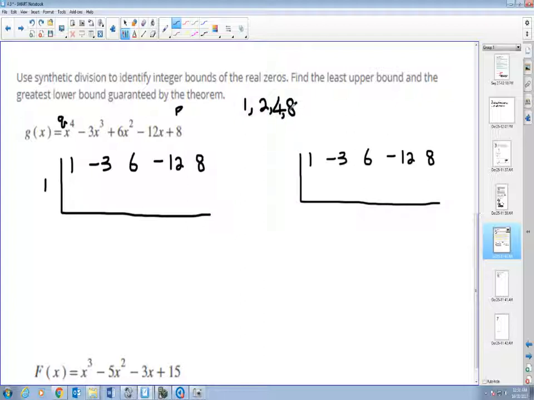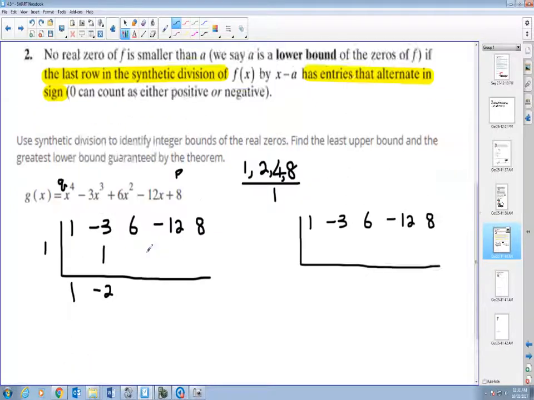Over Q, Q is just 1 times 1, which is 1. So 1 over 1, 2 over 1, 4 over 1, 8 over 1 are the positives. That's why I started with 1, because 1 over 1 is 1. Bring down the 1, multiply, which is 1. If I add them up, that's a negative 2 right here. So remember now,